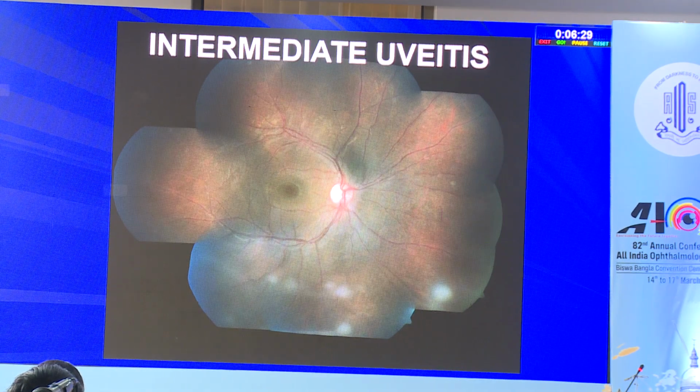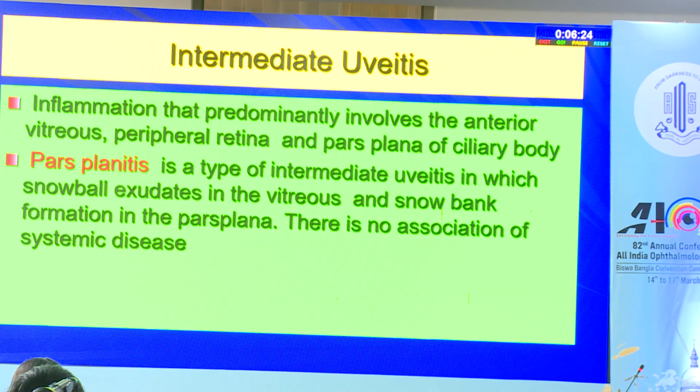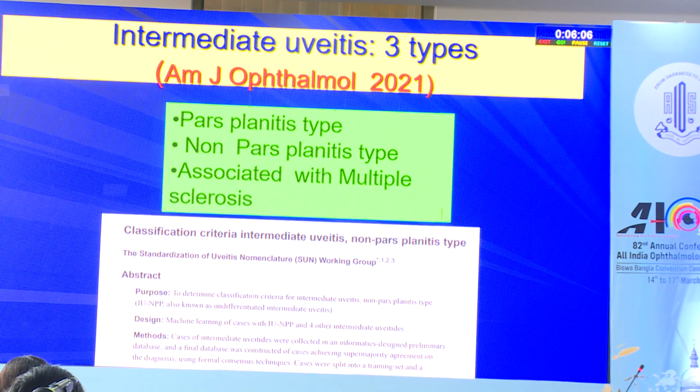We are now talking about intermediate uveitis. Some of the salient points I will highlight. It is inflammation that predominantly involves the anterior vitreous, peripheral retina, and pars plana of the ciliary body. Pars planitis is that subset of intermediate uveitis in which snowball exudates in the vitreous and snowbank formation in the pars plana are seen. There is no association with systemic disease in this case. The SUN working group in 2021